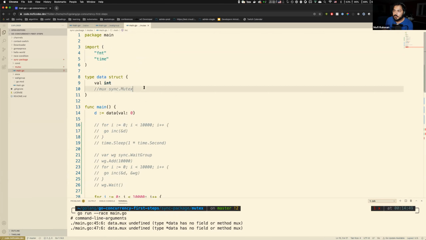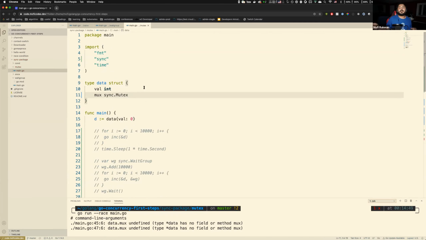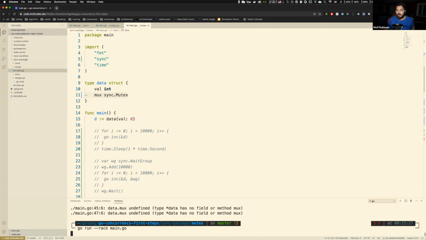Oh yeah, I have to change this one, because I have to have a mutex that is going to control access to my data variable, which is value. So this value, I'm going to use this mutex to control access to this value. So if I run this now, you would see that I print out number one, I print